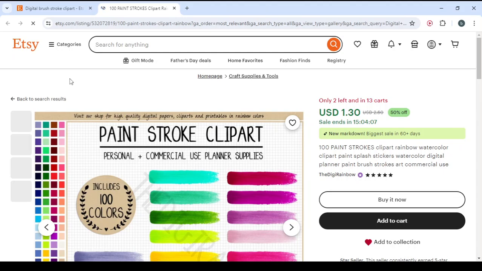And here let's wait for it to load to take the name of the shop first. Then we will take it to our spying tool, which is going to help us confirm if this is really a winning product or not. So here the product costs $1.30. Let's take the name of the shop,